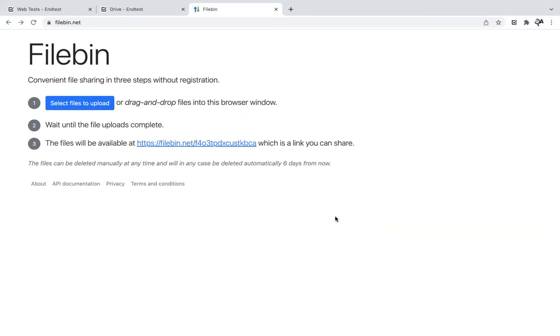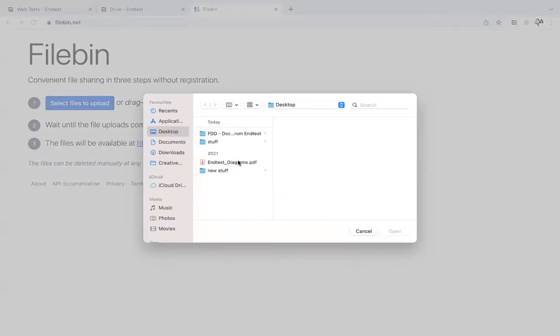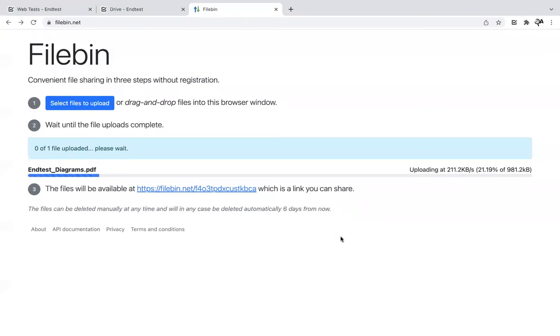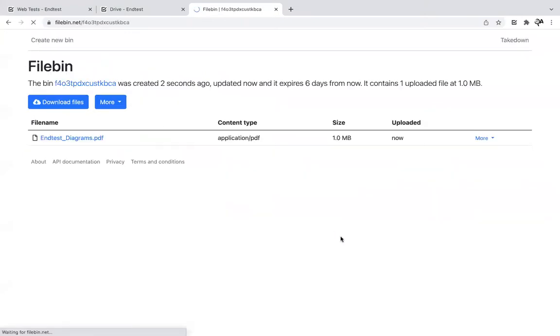Let's take a look at how to test a file upload. So on this FileBin website, I have a button to upload a file. So I click on that button, I select the file, and the file gets uploaded. Okay, now let's go back a bit